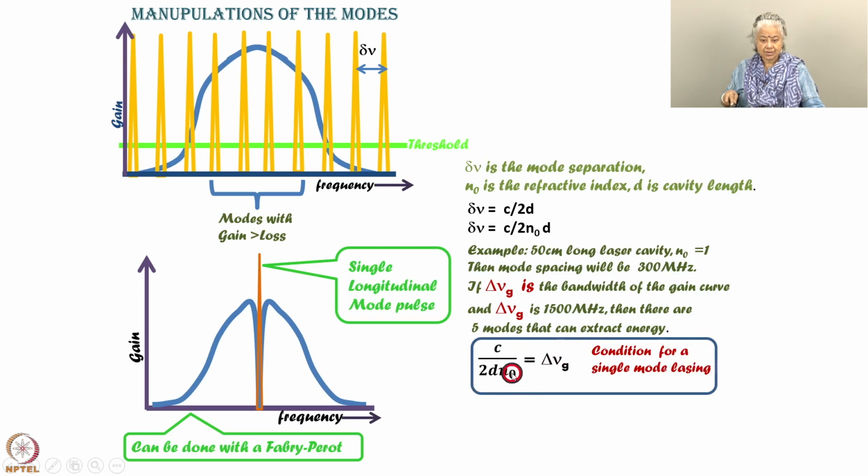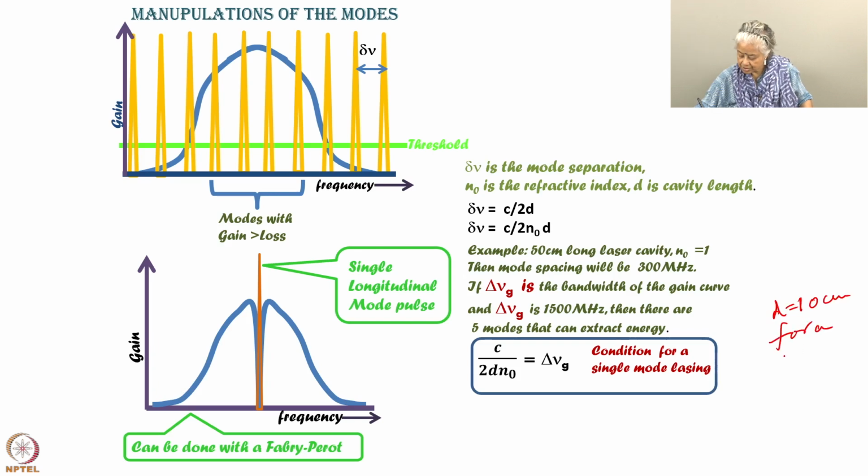It is very simple. You find D, you know C, you know N0, you know 2 is already there, you know Vg, you know the bandwidth of this medium of the helium neon, say it is 1500 megahertz. I have just taken an example of the helium neon laser, you can take any other example. When you substitute those values here, D turns out to be 10 centimeters. Just put in all those things and you will find D equal to 10 centimeters